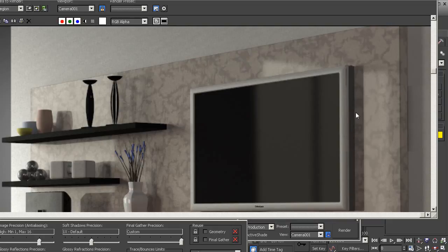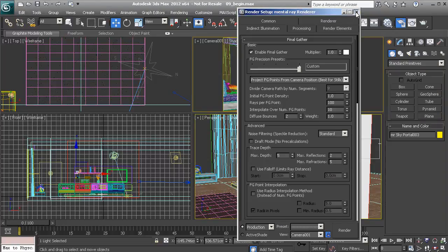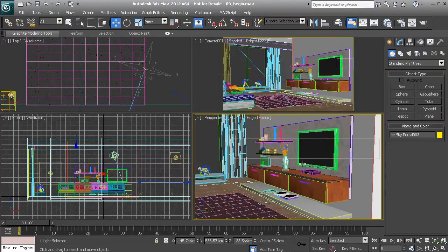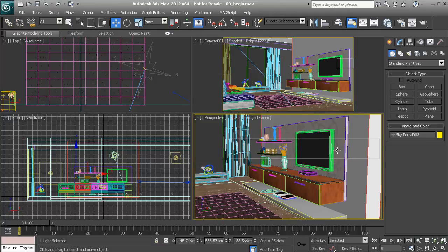Over here along the television, it still really doesn't look all that great. Definitely some very minimal improvements have been made here. So rather than continuing to increase these final gather settings, sometimes I like to rely on the ambient occlusion settings that are built right into the materials themselves. That's another reason I really like to use these architectural materials, because they actually